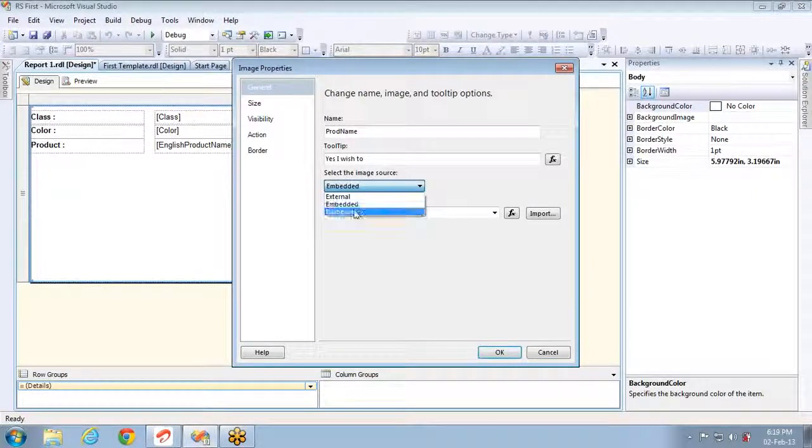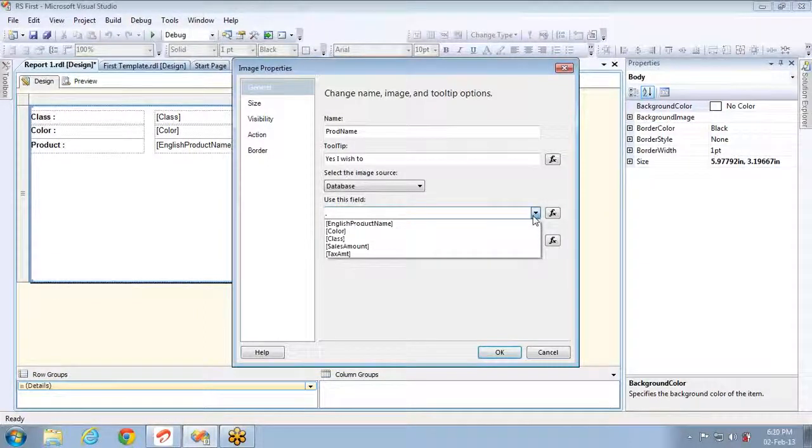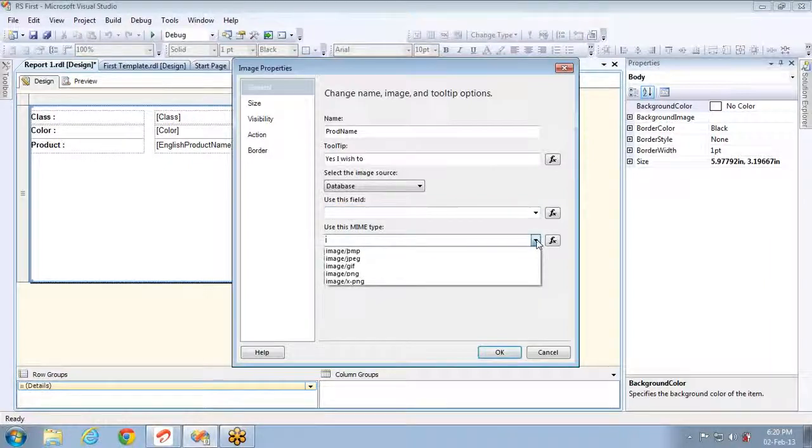And the third option is from database. You can get the data, the path or the field which has the image data. There is a data type called image in SQL Server, using which you can store images, and here you have to specify which field has the data and what the MIME type is, which means whether it's a bitmap, JPG, GIF or PNG.